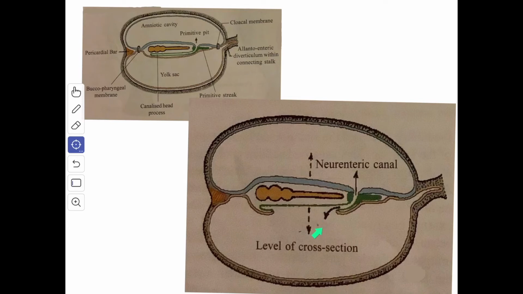Since the notochordal canal has already established connection with the amniotic cavity through the primitive pit at the Hensen's node, a temporary neurenteric canal is formed, communicating the fluid of the yolk sac with that of the amniotic cavity. Probably the formation of the neurenteric canal provides nutrition by diffusion to the ectodermal surface of the germ disc, where the cells are in process of rapid differentiation and intraembryonic blood circulation is not yet developed.